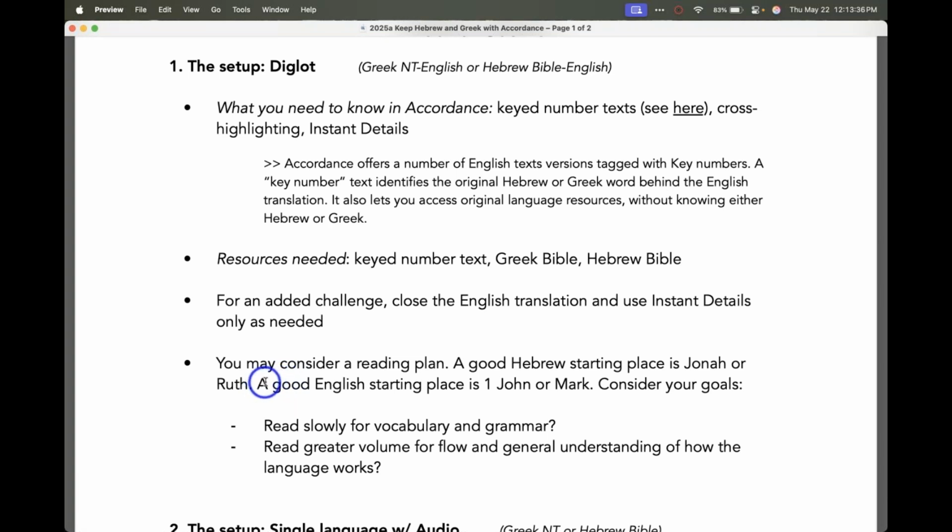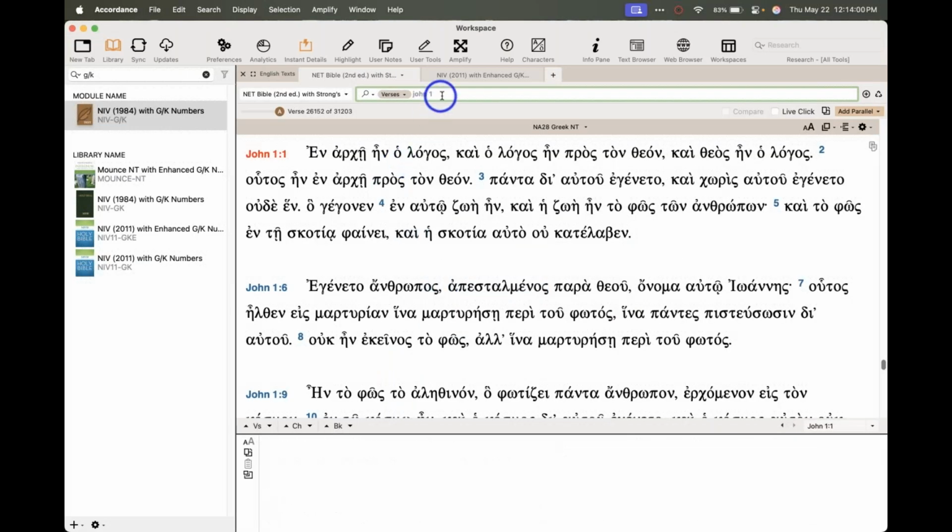For Greek, and this should say a good Greek starting place, pardon the typo there, a good Greek starting place is 1 John or Mark, and also the Gospel of John would be good. And so as you think about something like a reading plan, you might just consider your goals. Are you reading slowly for vocabulary and grammar? In other words, as I go to,